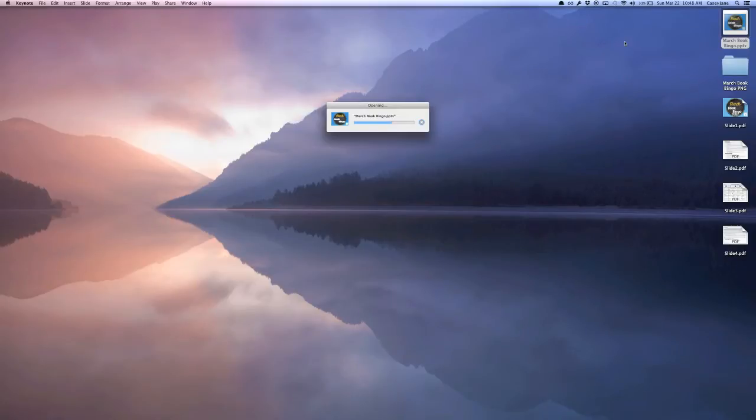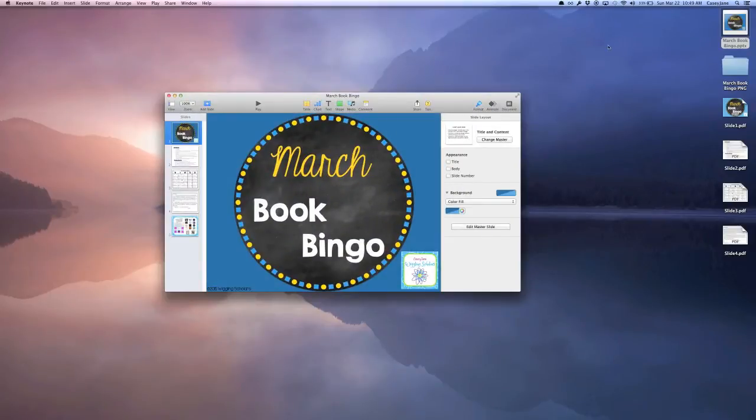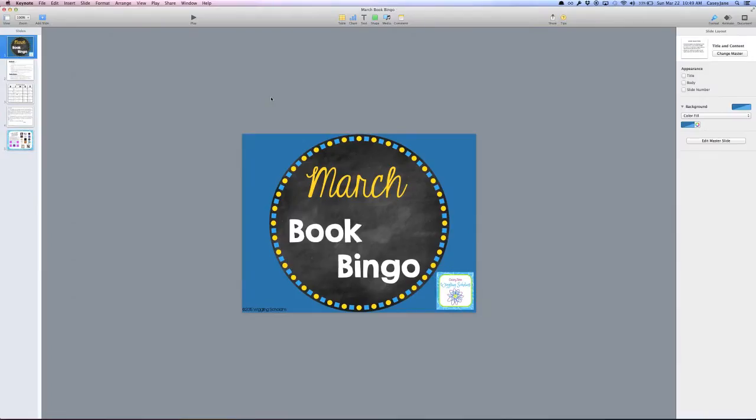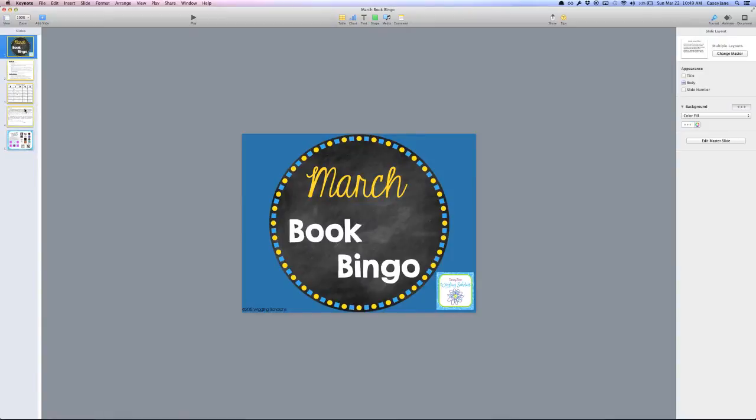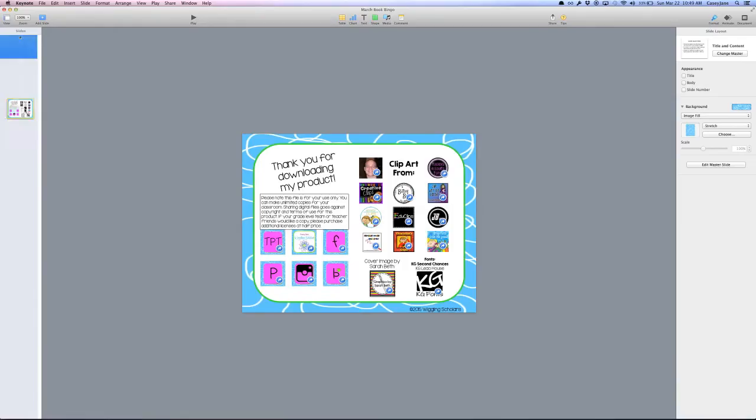And when I'm creating something, I want it to be precisely where I left it, as well as Keynote doesn't really flatten all of your images. And again, we don't want anybody to be able to nab those graphics. So this is the whole product, but I don't need all of these other pages here. So I'm going to just go ahead and delete all of those. So all that I'm left with is just this one